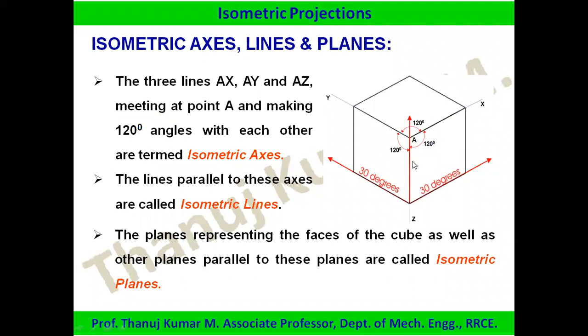So when you see this at an angle, because of that, it is reduced, not an exact straight line. They are angled at 30 degrees here, angled at 30 degrees here. So for that reason, it is called apparent length. Only isometric projections will have apparent lengths. Isometric views will have actual lengths.